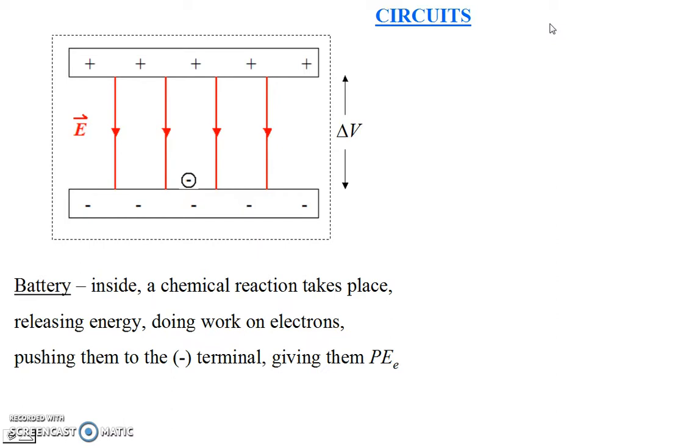Maybe you don't have to draw all this or write all the words, because you already have this in your notes of the previous topic. But draw the oppositely charged parallel plates and our uniform electric field between them, and our electron here, and the potential difference across them, and here the dashed line, which is the confines of the battery. But this is our model for the battery, the idea that this mechanism, the chemical reaction inside the battery,